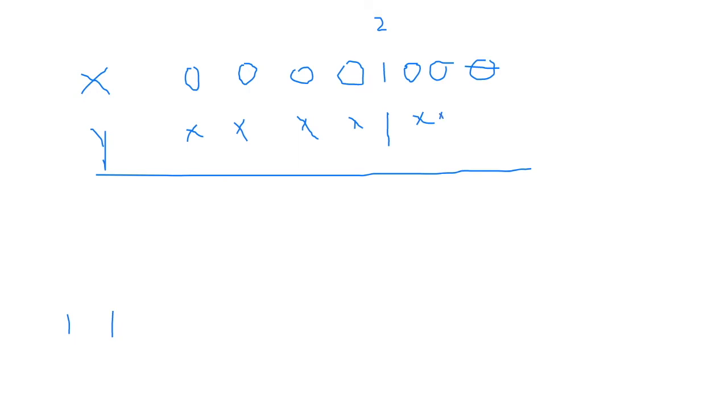If we put a 1 here, the output will be 0 anyway. If we put another 1 there, the output will be 0. It doesn't even matter. So let's say we keep this 0, 0, 0. If this is a 1, we are forcing the output to be 0. If this is a 1, we are forcing the output to be 0. But if we make sure this bit is 1, we are forcing the output to be 1. So by doing a bitwise AND